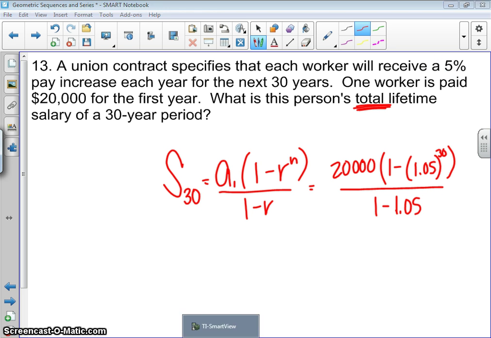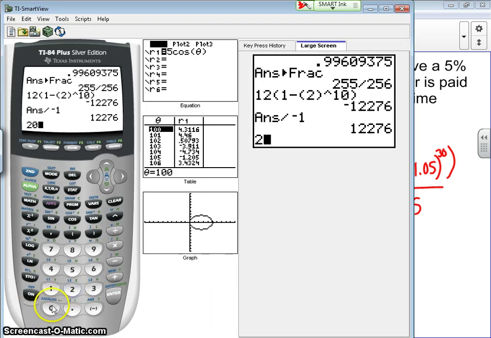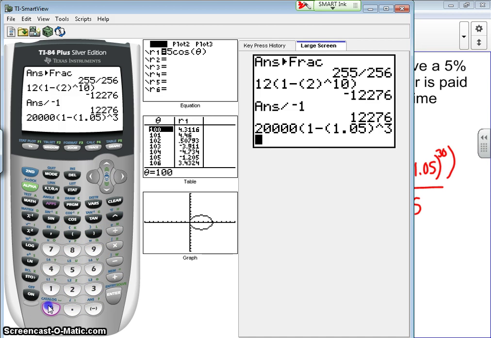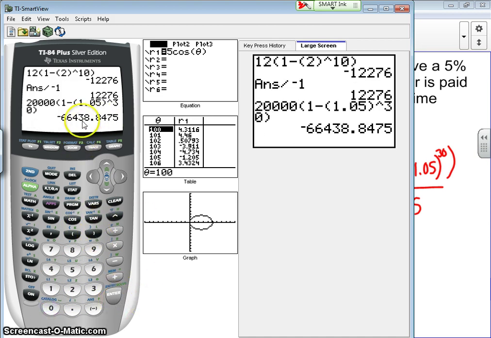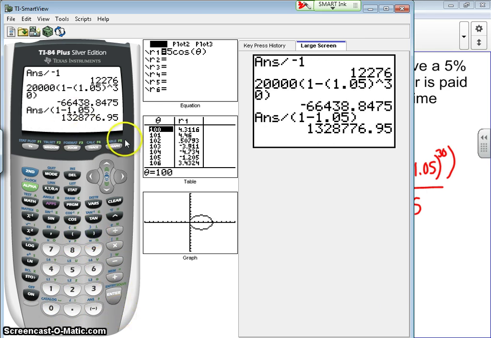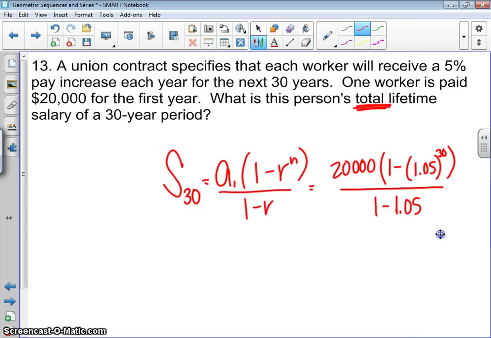And so then I'm just going to plug this in. $20,000 times 1 minus 1.05 raised to the 30th, and then I'm going to close that parentheses, is going to give me this, and then I'm going to divide that by, I'm going to put this in parentheses so I can divide by the whole thing, 1 minus 1.05, or I could have just typed in negative 0.05, and so then that's going to give me a total lifetime salary of